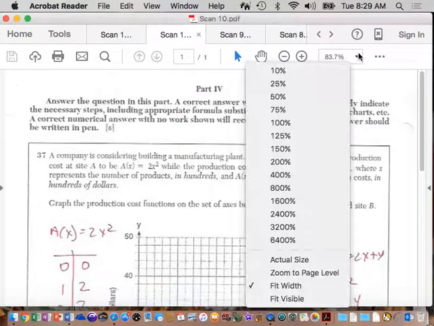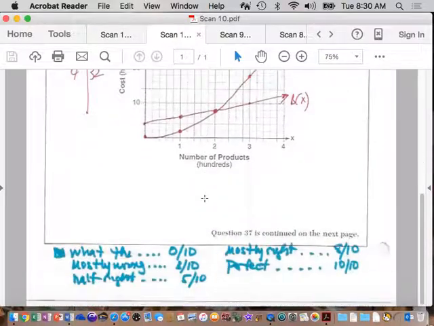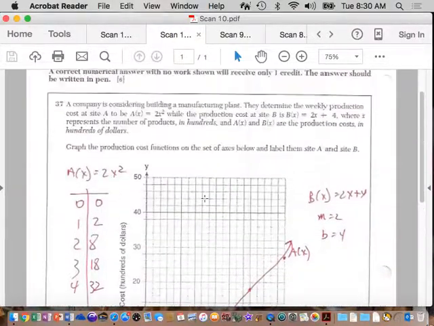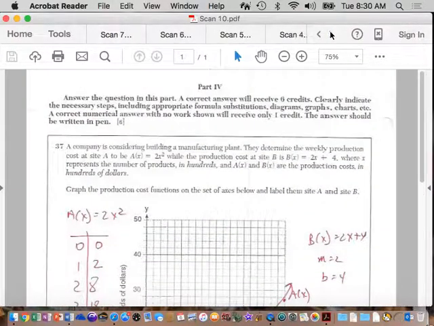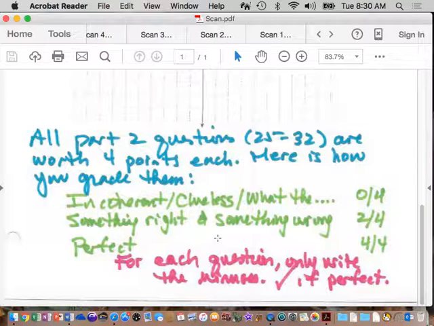So, we will go through and we will grade this. And I need to get to another sheet before we start. All right, ready? Nope, this one. All right, so,